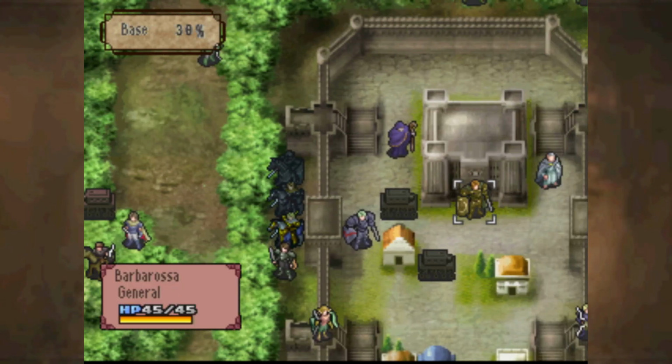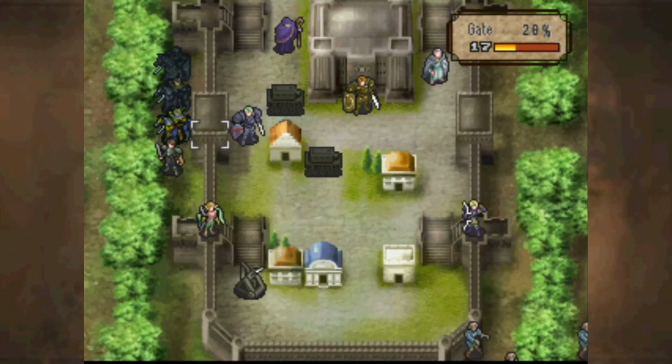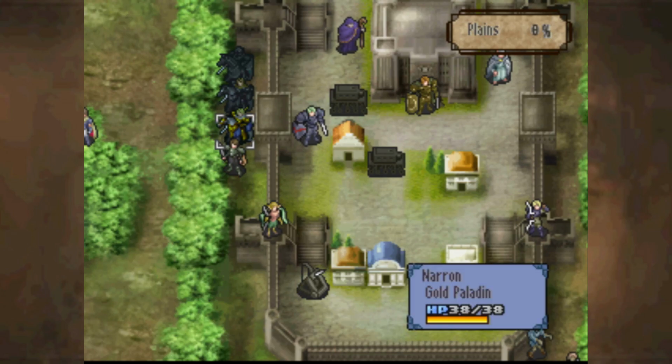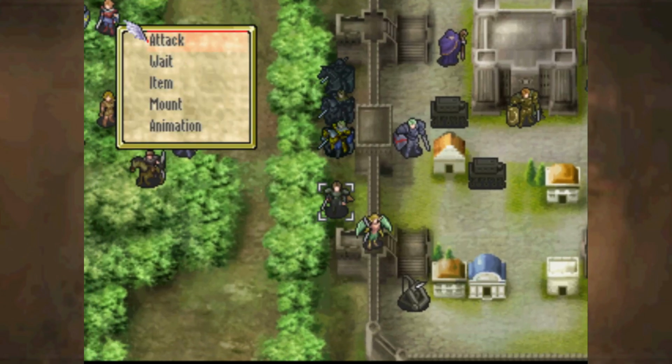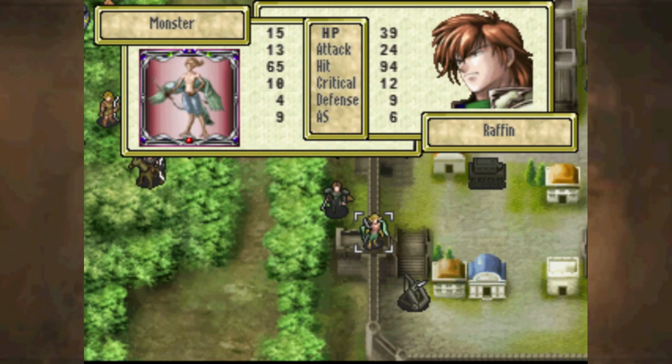Those Armor Knights really aren't the biggest threat, but they do block you from getting to the good stuff once you break through the gate, because once you're inside, taking down these 2 is your highest priority. That and kind of the Ballista, but it's mostly just those 2. In fact, I don't even need to mount Raffin this turn, I think, because once the gate falls, then...